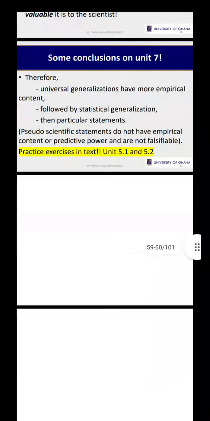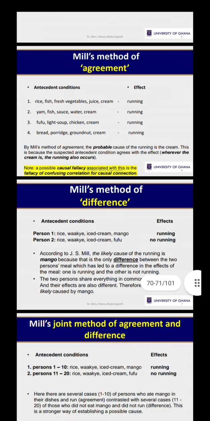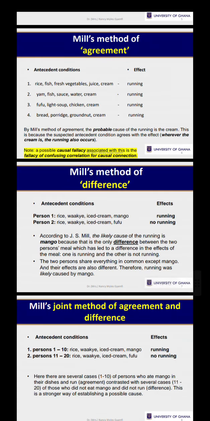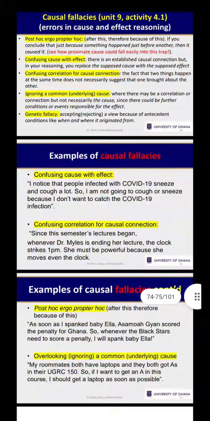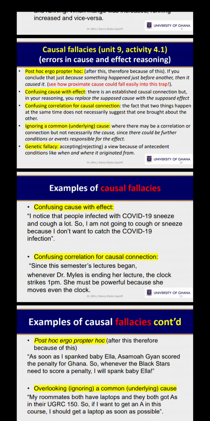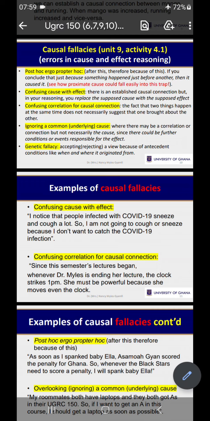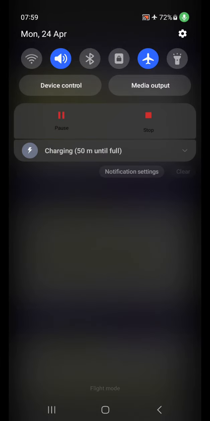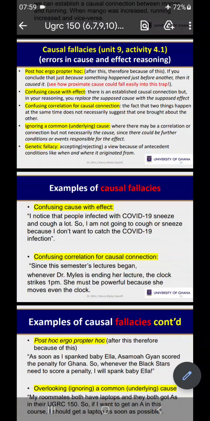So we'll look at our next topic. Now that we are done with this, we'll be going through our next topic, which is the causal fallacies. Under the causal fallacies, I explained to you earlier that we have the post hoc ergo propter hoc. So when you say post hoc ergo propter hoc, it means